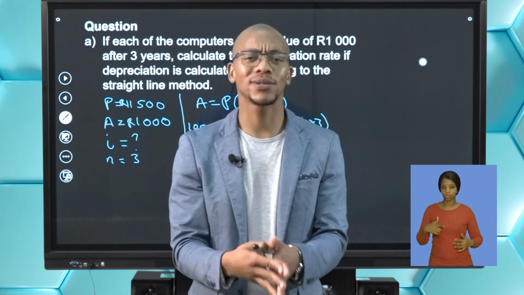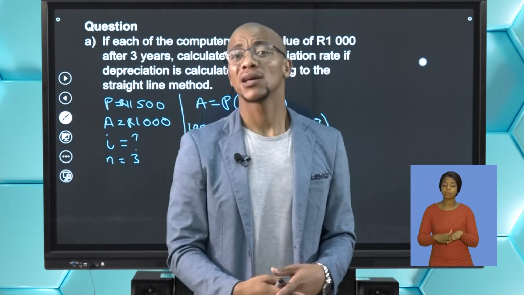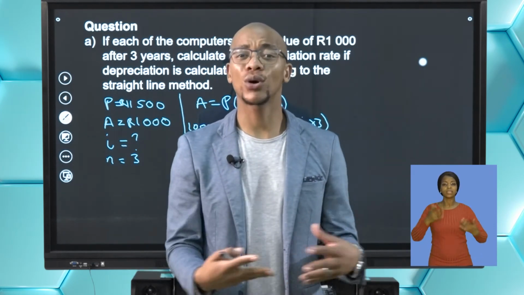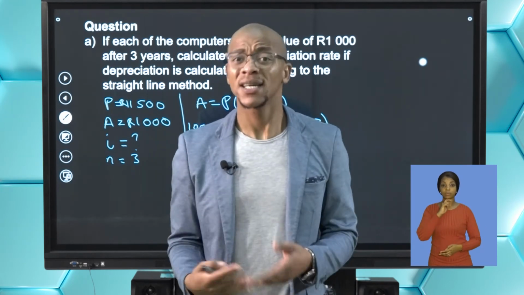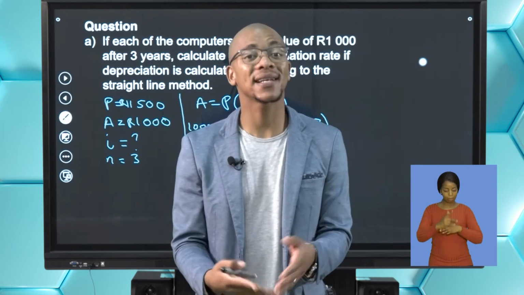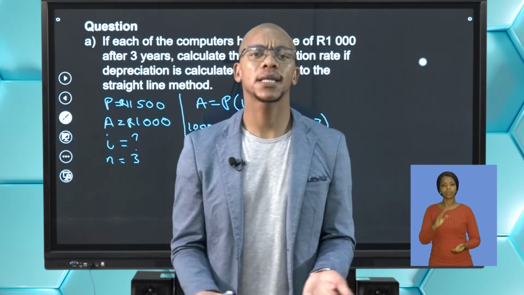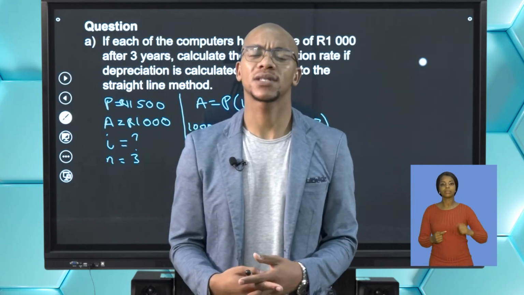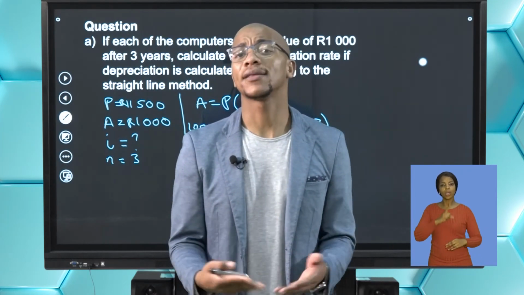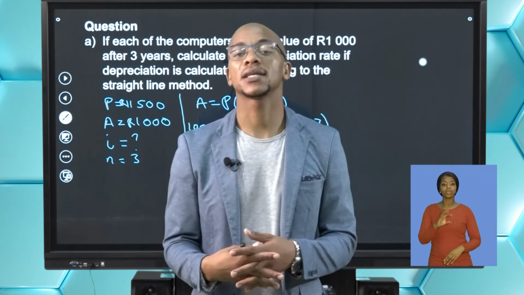I just told you there are a lot of factors that contribute to this. The processor might be slow, you might have used the laptop a lot, and when it's a business, the laptops or the computers will always be working. So definitely, it would have been really overworked. Hence, you can now sell it for only 8,000 rand and nothing more than that. So the rate in this context will then be the 30%,